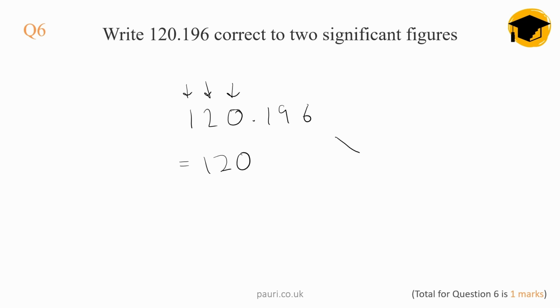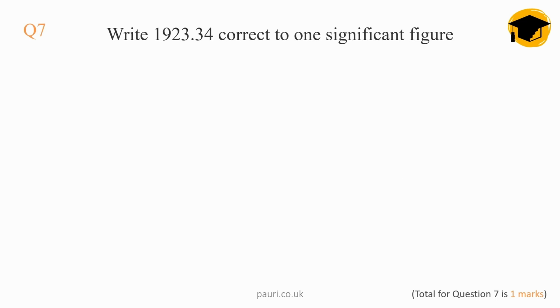Notice for these questions, I can't write 12 because 12 is not at all close to 120.196. Although the 0, if it's before a number, is not significant, here we still have to include a 0 to get close to a good estimate to what the number would have been. So when we round, we still add a 0 at the end if we need to. Next,